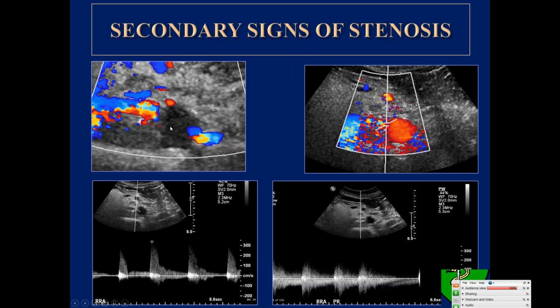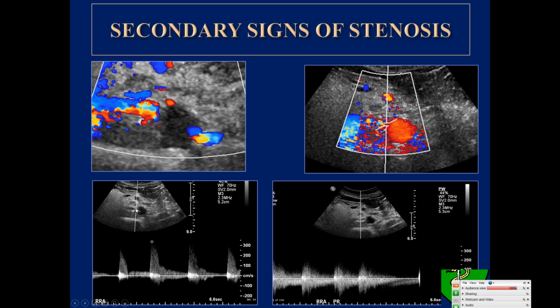When we are assessing for renal artery stenosis, again, we're looking for the secondary signs in addition to the direct and indirect criteria. This image shows aliasing within the proximal portion of the main renal artery, and we should interrogate this area because it implies the presence of very high peak systolic velocities. On this image, we see not just aliasing, but also tissue vibration artifact or buoy artifact in the color Doppler. On this image, we also see spectral buoy artifact, which also represents a display of very small peak velocities that